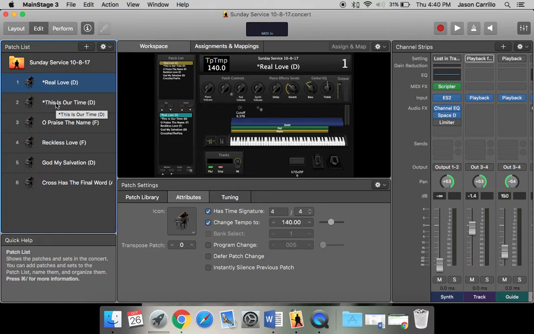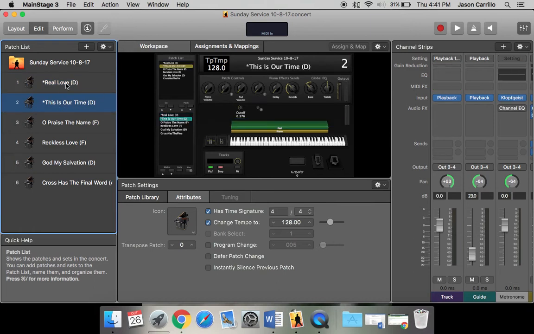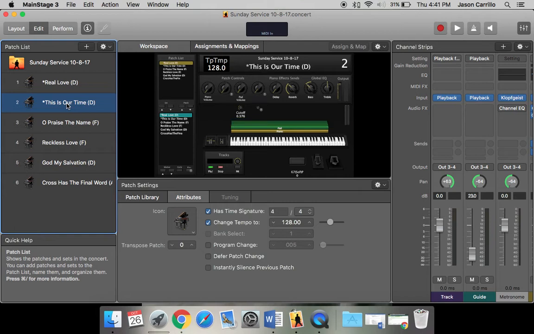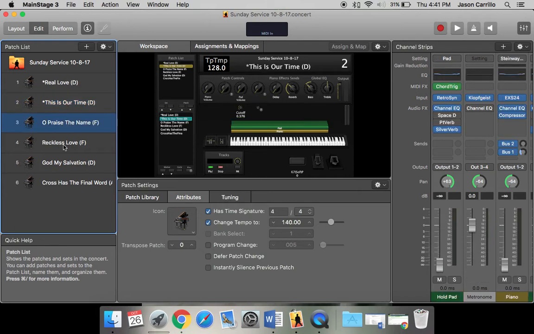Just as another clarification, usually you only need to do specific mappings at the patch level for songs with tracks. So for Real Love, we would need to assign play, stop, and the metronome. And if you're playing synth, you need to map the synth. Same thing with This Is Our Time. But the rest of the songs, since they only have